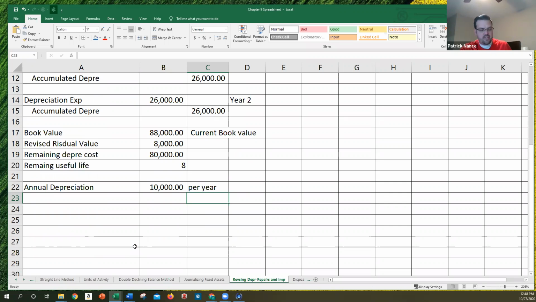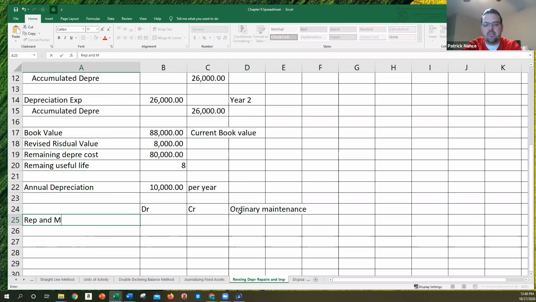Now, if I actually do an extraordinary repair, where I actually extend the useful life of something, that's going to be handled differently. So if it's just ordinary maintenance, like I said, it's a debit to repairs and maintenance expense, and a credit to cash. In this case, the book said it was $300 for a regular tune-up. If I have an extraordinary repair,